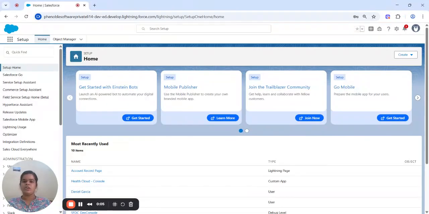So today I'm going to talk about the relationship card in Salesforce. We'll cover what the relationship card is, why it is useful, how we can set it up, and where we can see it. After that, we will talk about this out-of-the-box feature in Salesforce Health Cloud and why it is useful. All of these things we are covering in this video. So let's talk about the first thing: what is a relationship card?